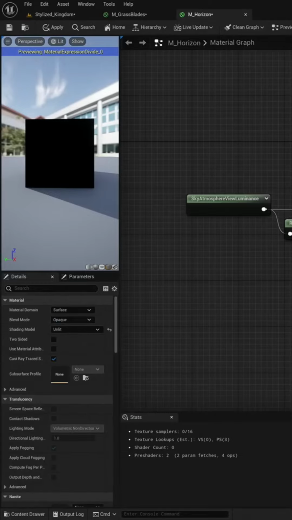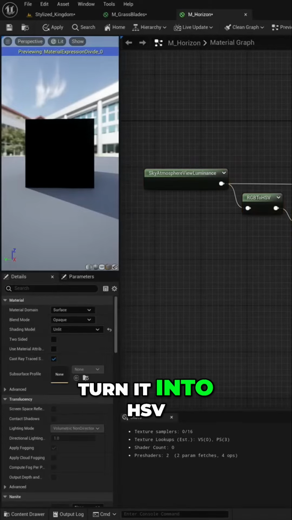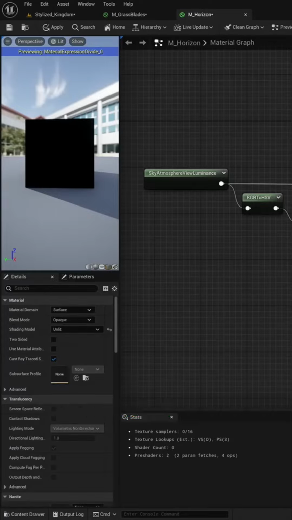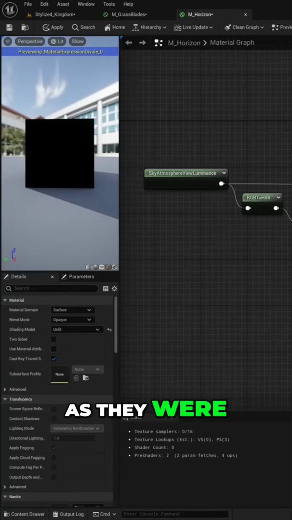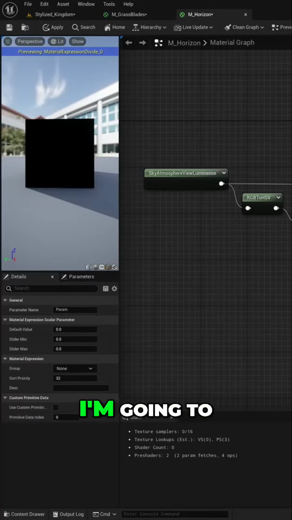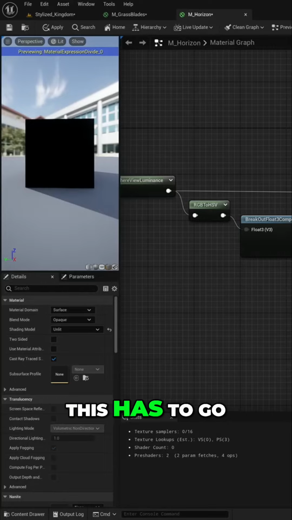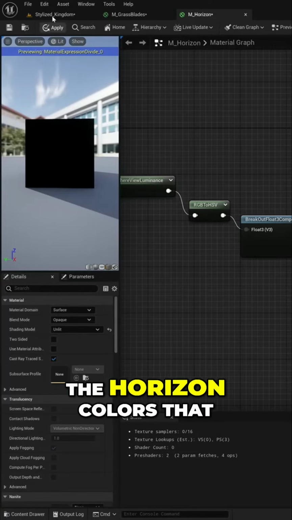Whoop. Sorry. I'm going to say to it, hey, I want to turn it into HSV, and I just want to step the saturation, okay? Afterwards, I want to combine them back to where they were. And because my mother raised me right, I'm going to make a variable and just have that set up. Now this has to go back into being RGB again. But what we've done is we've gotten the horizon colors that were there,